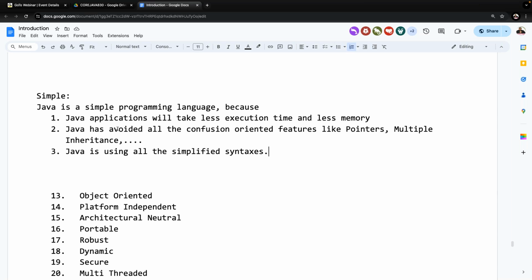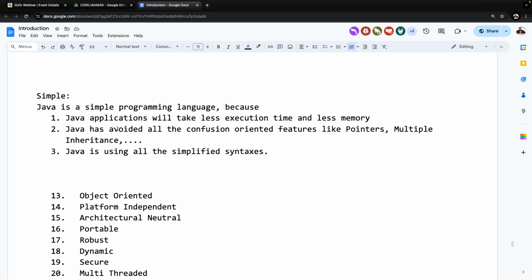You may have one question. Sir, all these programming language providers are saying that their programming languages are innocent and simple. But first of all, you decide which programming language is simple. Okay, before my decision, do you have any separate standardization to check whether a programming language is simple or not? Is any third party organization giving a certificate for any programming language, which is simple and which is hard and difficult? Do you have any such kind of standards outside?